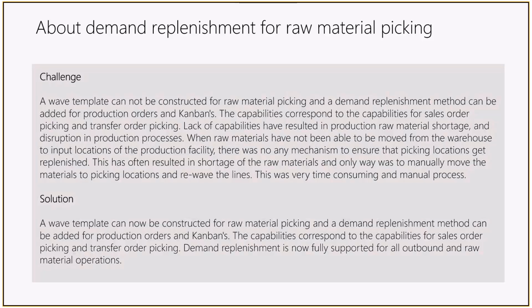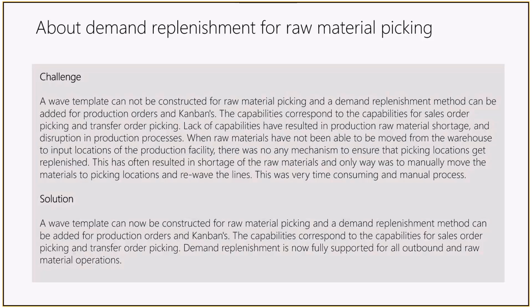the line, which will then enable you to pick 8 of the items that can be picked and then wait for the 9th to be replenished, but you are not stopped, you're not prevented from picking the rest of the items. And that goes the same for the demand replenishment setup through the work templates. I will show that. So I think this will be the big improvement for everybody who is running raw material